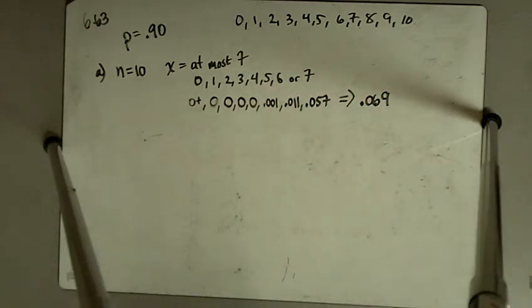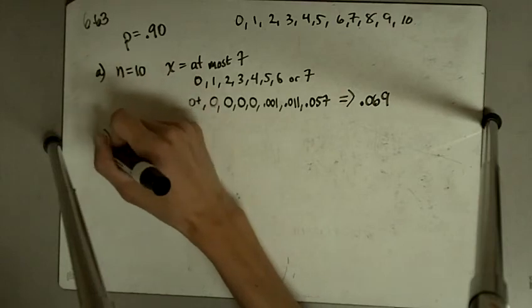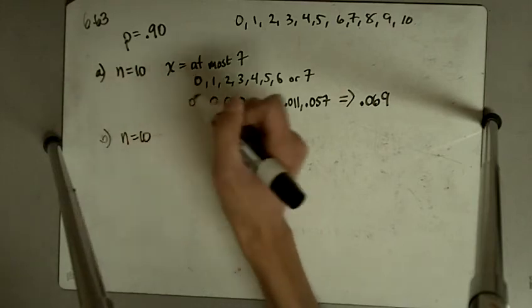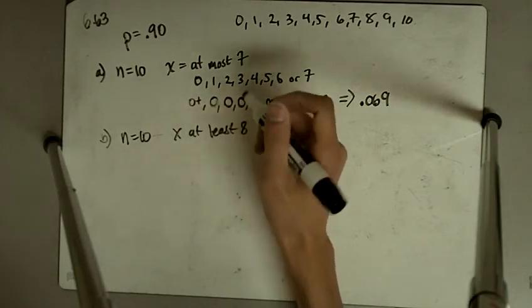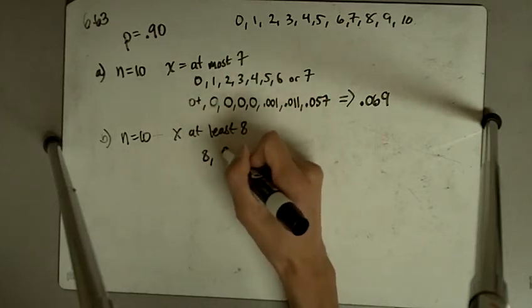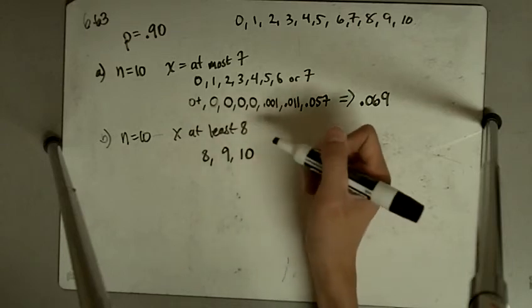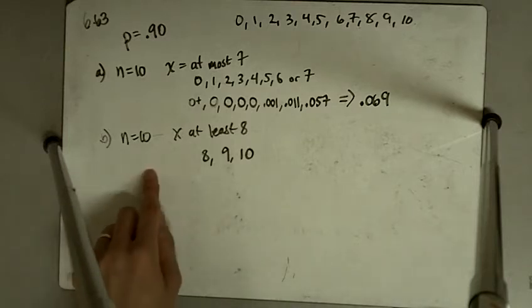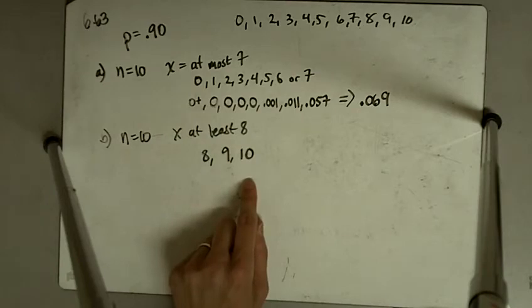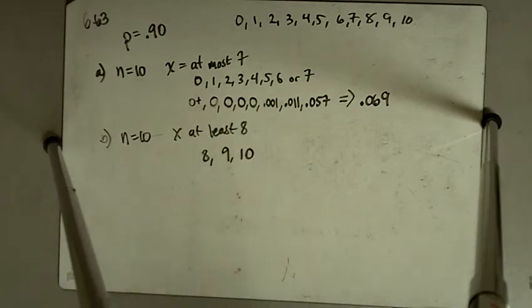For the next part, it says, what's the probability that at least 8? Okay, so n equals 10, and x is at least 8. So that means 8 people find a job, 9 people find a job, or 10 people find a job. And if we go to our probability table, again looking n equals 10, p equals 0.9, and x equals 8, 9, and 10, the numbers that I get for that